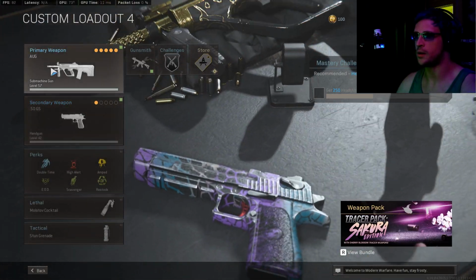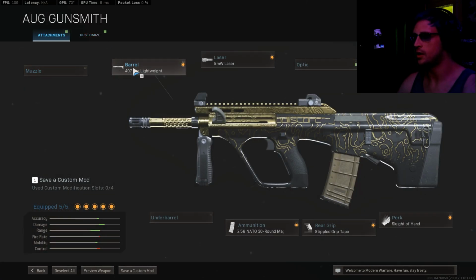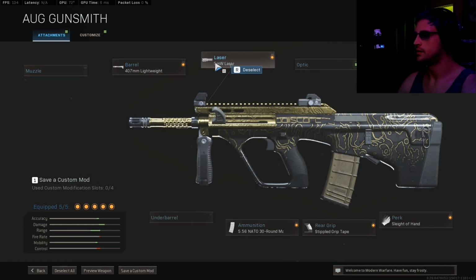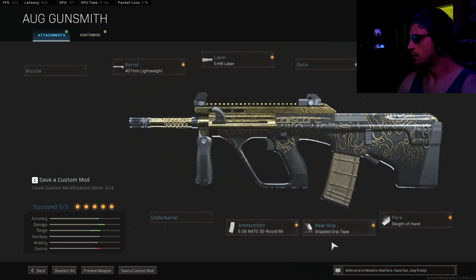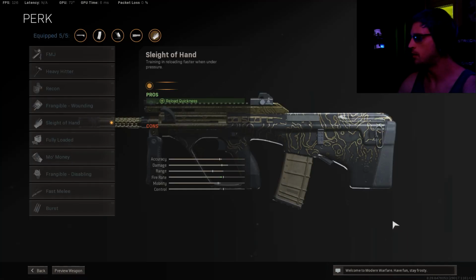The fourth class we're going to share with you is the AUG SMG. The AUG submachine gun with a 407mm lightweight barrel, giving us the benefits of damage range and bullet velocity, so increasing damage and output. A 5MW laser, giving us hip fire accuracy and sprint to fire speed. No optic. We're using NATO rounds, so 5.56 NATO 30-round magazines. We're using the stippled grip tape for aim down sight speed and sprint to fire speed, with sleight of hand,